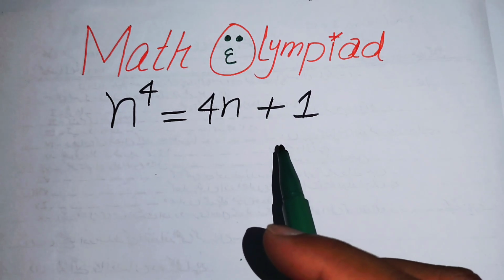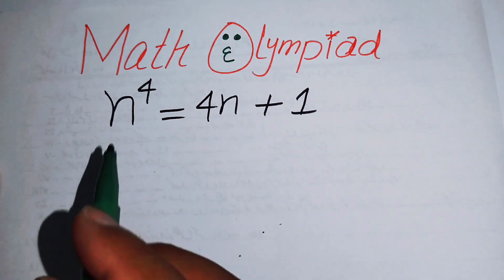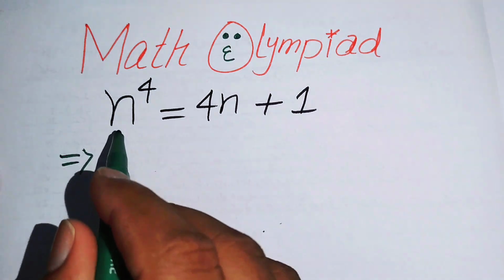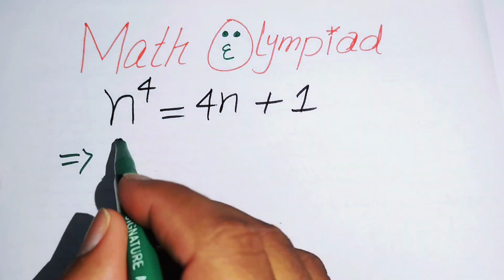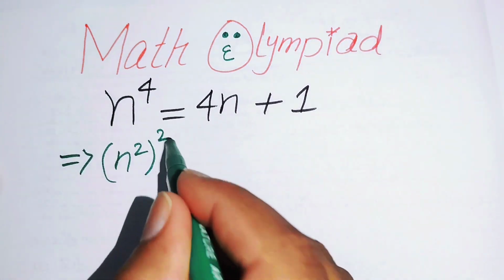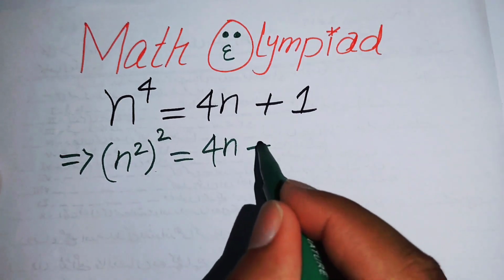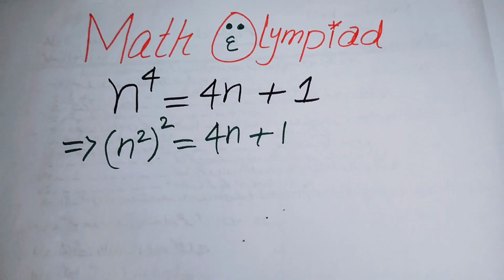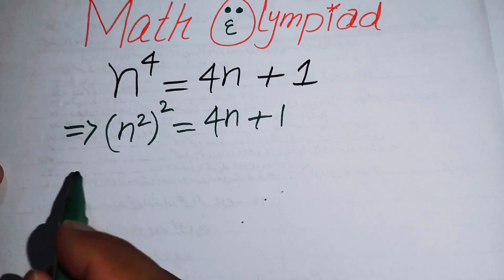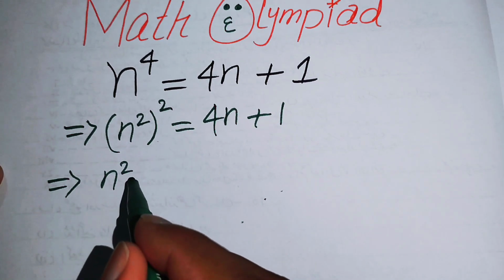So the very first thing we are going to do is rewrite this equation. Focus on the left hand side, where we have n to the power of 4, and we will write it as n squared and its whole power 2 is equal to 4 times n plus 1. After this step I can add some terms on both of the sides so that here we have